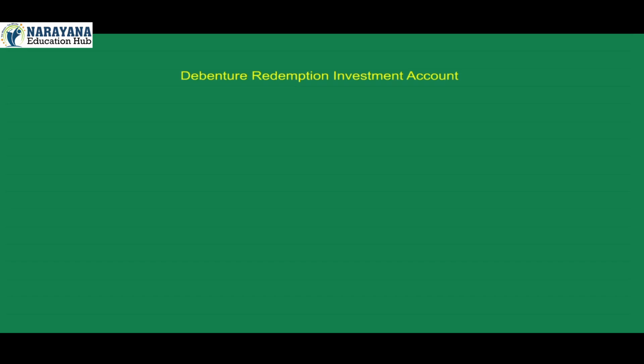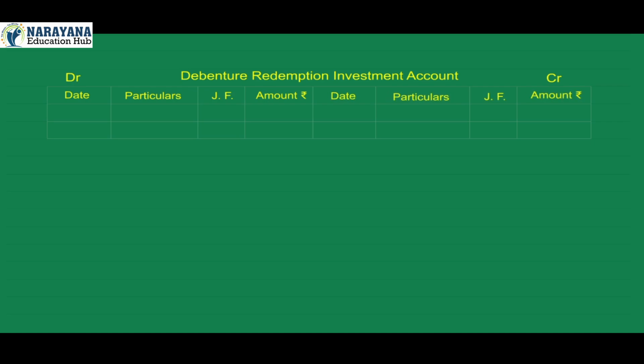Debenture redemption investment account. Debit, credit, date, particulars, journal folio, amount, date, particulars, journal folio, amount. 30 April 2017. To bank account 2,40,000, total 2,40,000. 30 April 2018. By bank account 2,40,000,